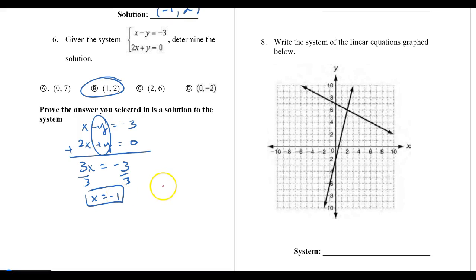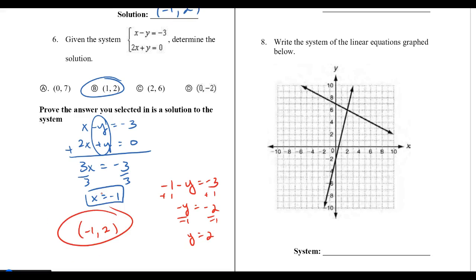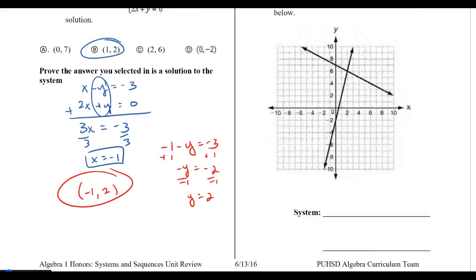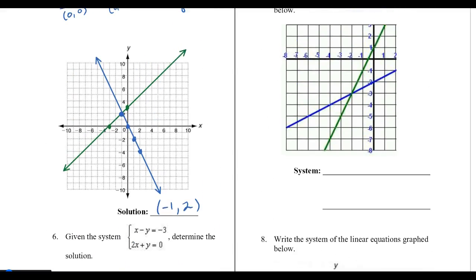I'm going to plug it into the top. Negative 1 minus y is equal to negative 3. Add the 1. Negative y is equal to negative 2. Divide by negative 1. y equals 2. So I've got an ordered pair of negative 1, comma 2, which matches the answer that I thought it was. Number 7,